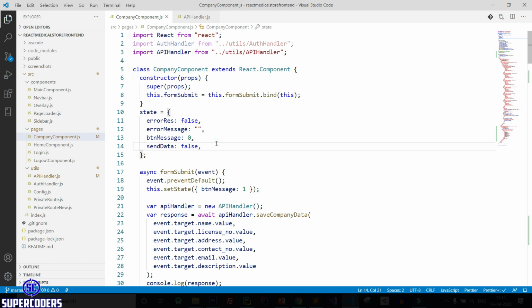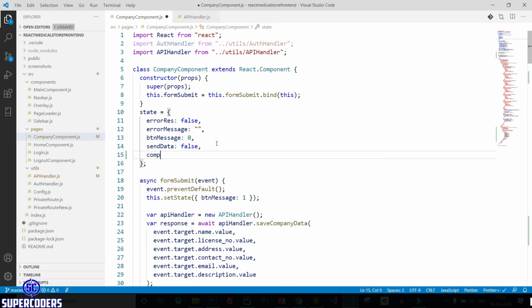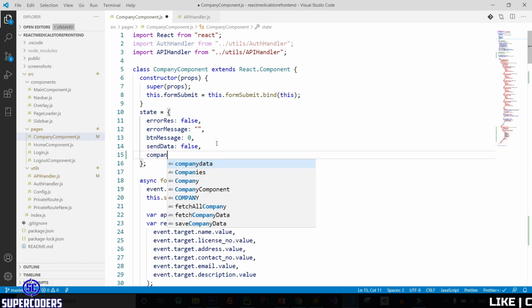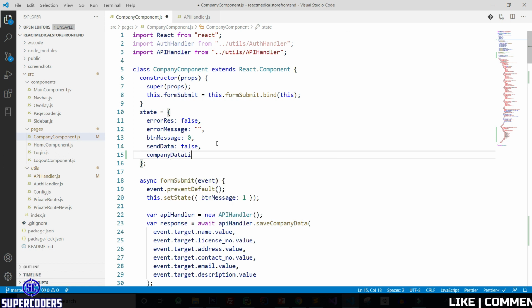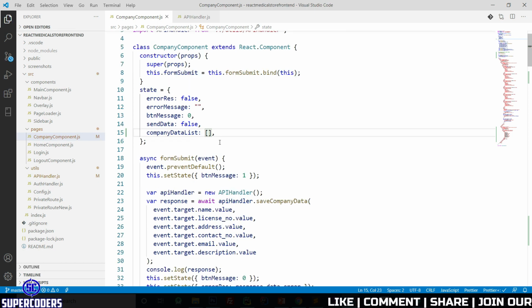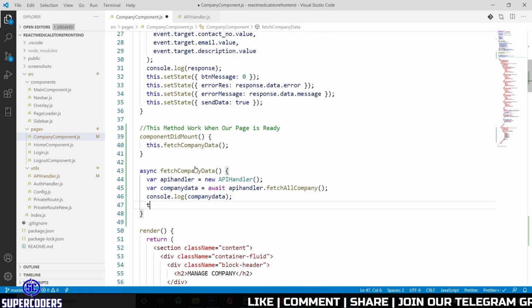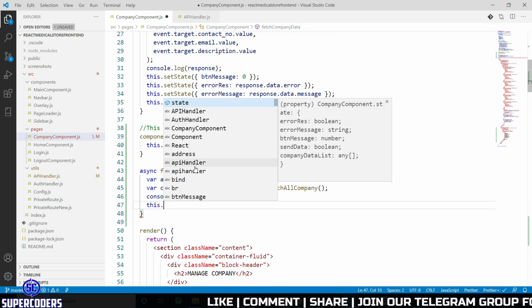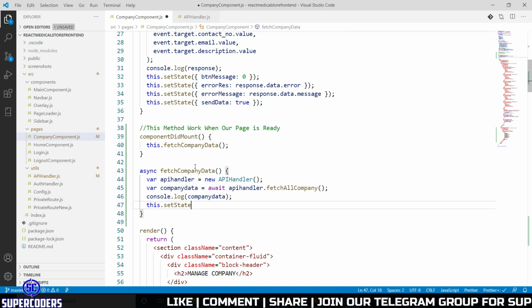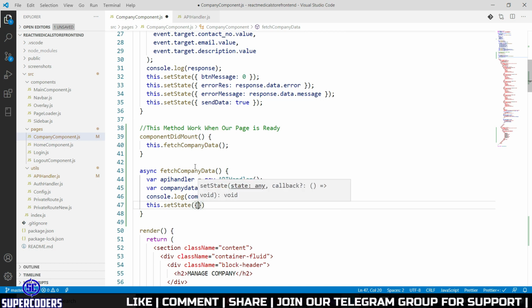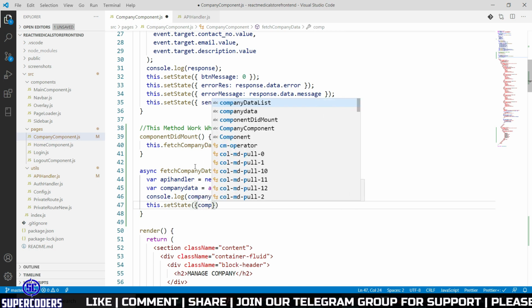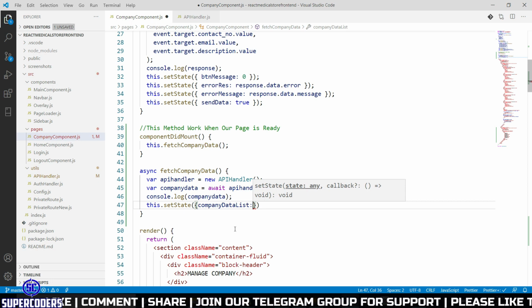So here company data list, change this to array. Save it, and if I try to update the data, let's see this dot set state. After that, company data list, then passing the value.